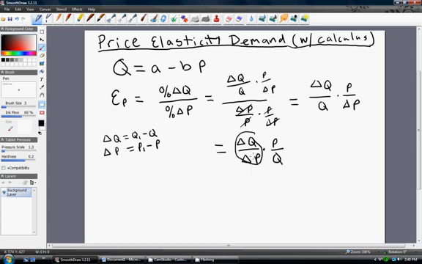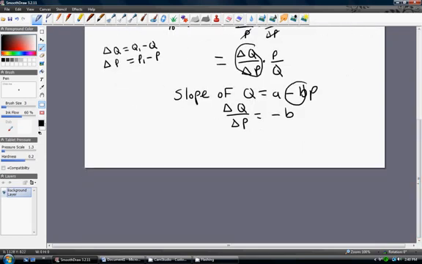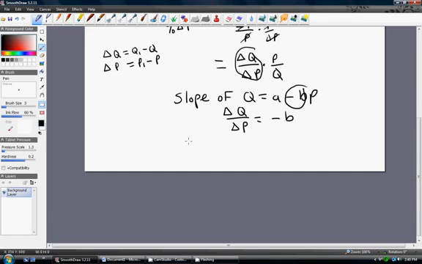Well, this first term here, change in Q over change in P, is nothing more than the slope of this linear demand equation. Okay, so note that the slope of this equation, change in Q over change in P, is just this term right here, minus B. So therefore, with a linear demand equation, the price elasticity of demand is nothing more than minus B times price divided by quantity,